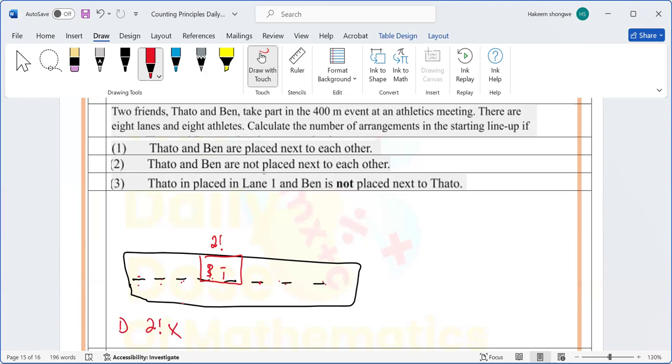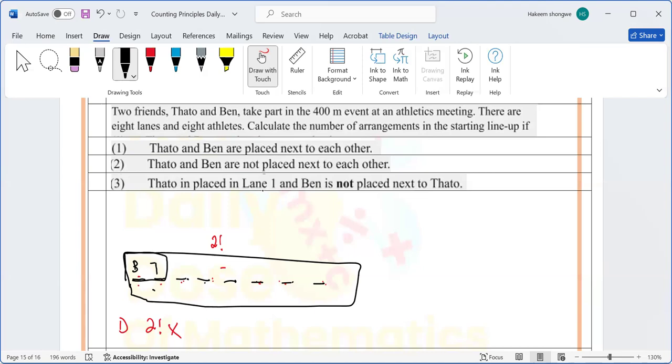Does it make sense? And then hence I said, it's easy for a learner to do this. I've seen this. If I put Ben and Tato in the beginning, this is Ben and then this is Tato here. And then I do this. Most of the time, learners, when they come, they say it's 1, it's 2, it's 3, it's 4, it's 5, it's 6. And then it makes sense. But you are not fixing them. They're not supposed to be in the first and second lane. They can be anywhere. So when you count them, you don't count 1, 2. You count them as 1. Because they want to be always what? Together. We're fine then. Okay, that was number 1.